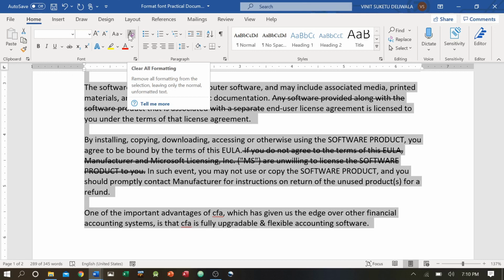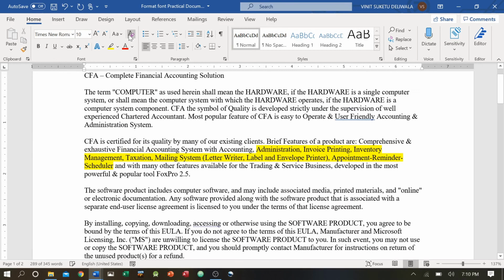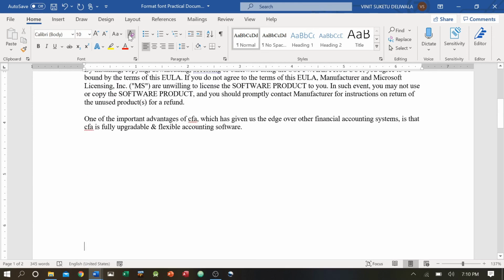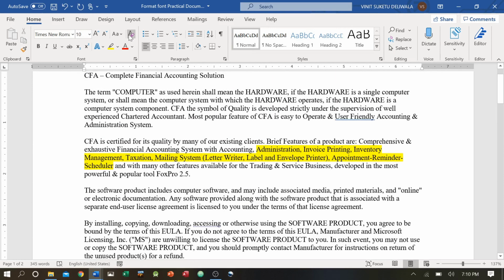The option says clear all formatting. Contents will remain, but formatting done, whether you have done color, increased or decreased the size, changed the font style, done highlight, or used effects, everything will go away. Now it is normal. Okay, you can remove all the formats from here.